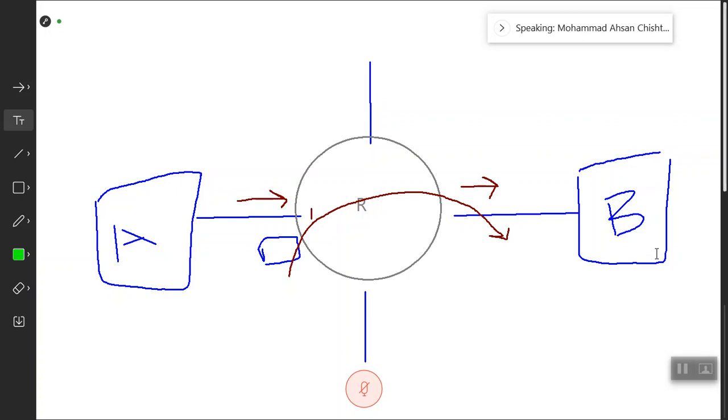I'll name it input 1 and input 2. In this case, if this link is already busy, I'm talking about this link here where I have put a tick mark, then a router would have a buffer here